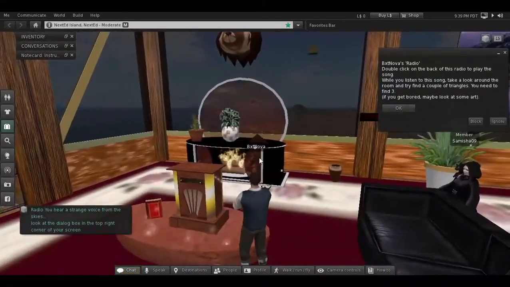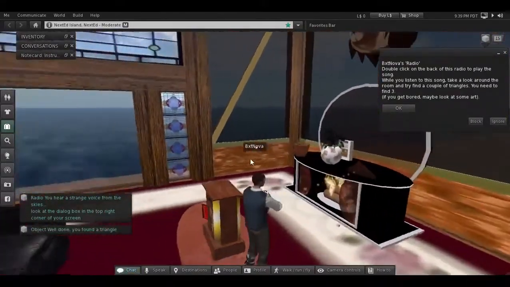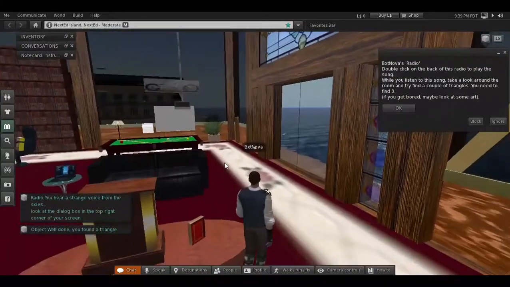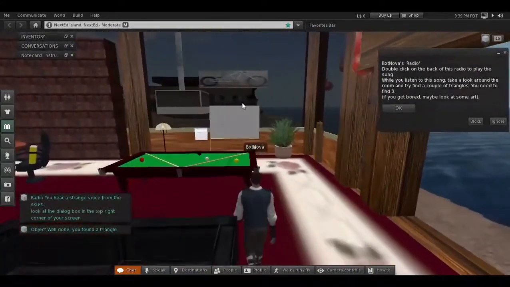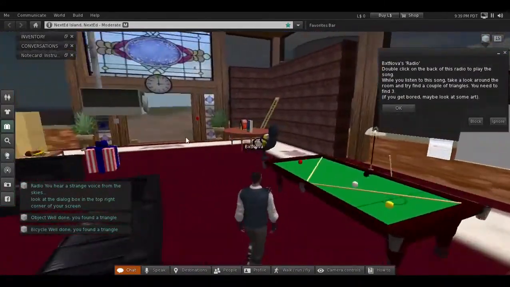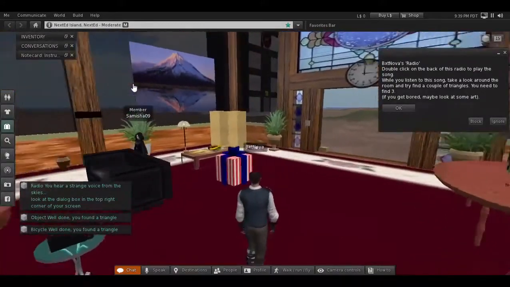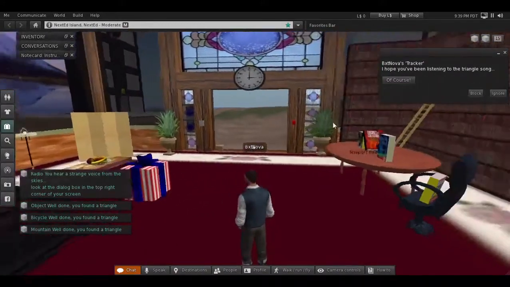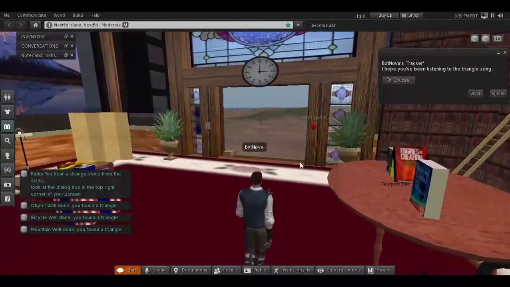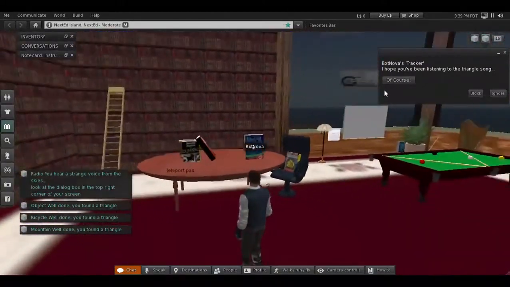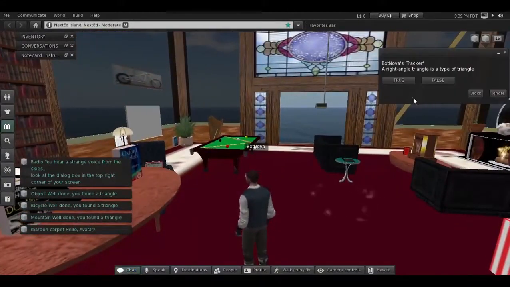So they're then allowed to explore the room, and effectively get an idea that through curation as a pedagogy they're able to gather information from around the room, finding various triangles that are hidden around the room, and at certain points of progress they'll then be able to unlock challenge questions. So as you see, a dialogue's popped up in the top right corner, and they're now able to progress through